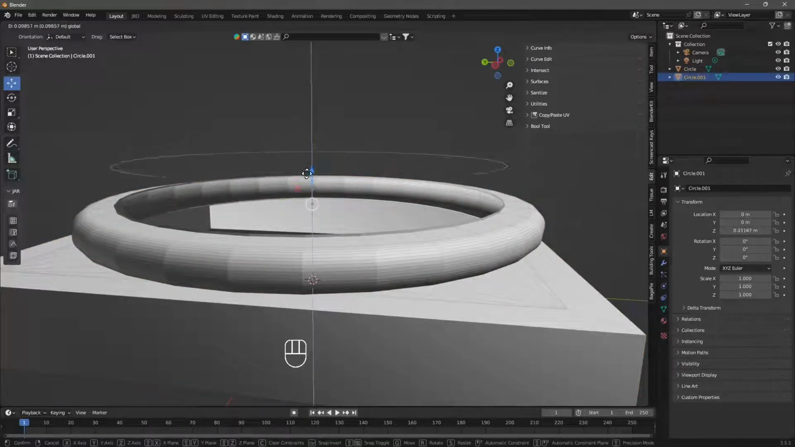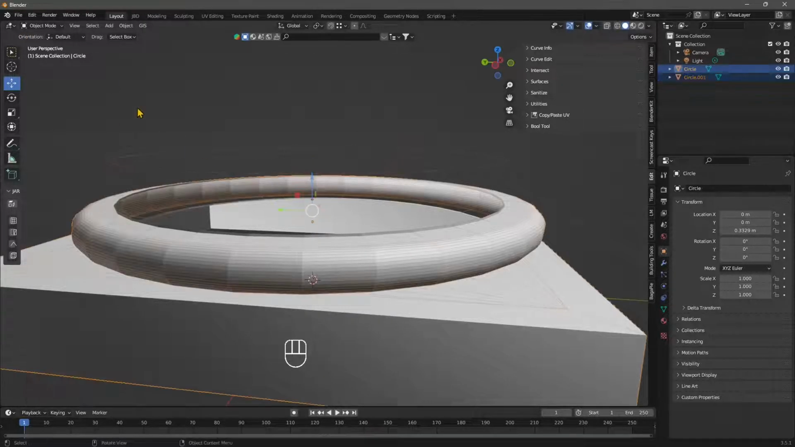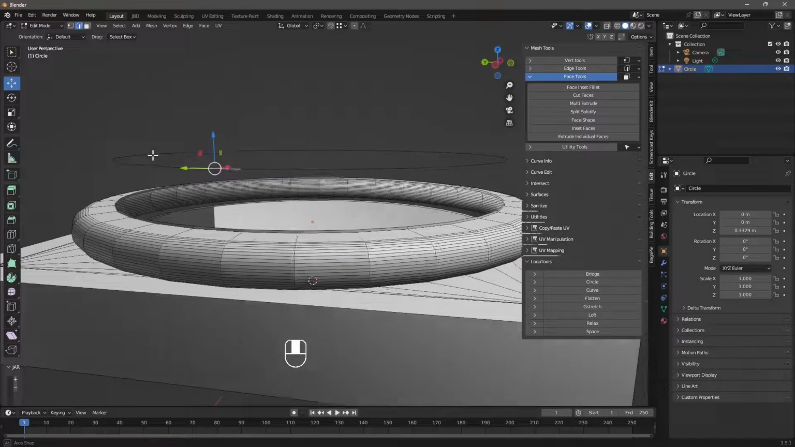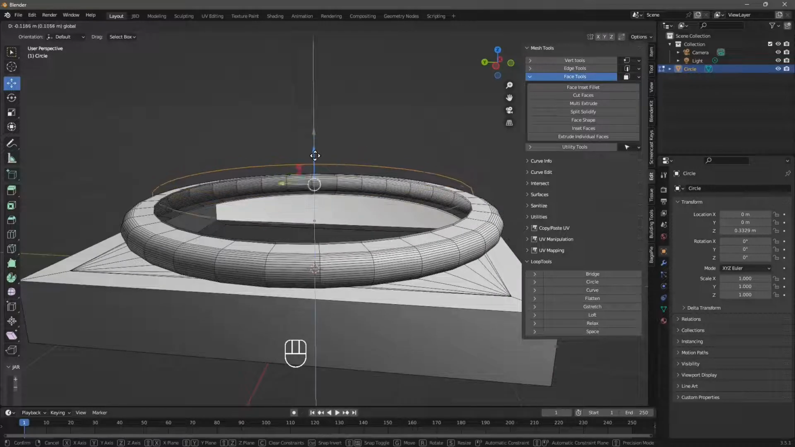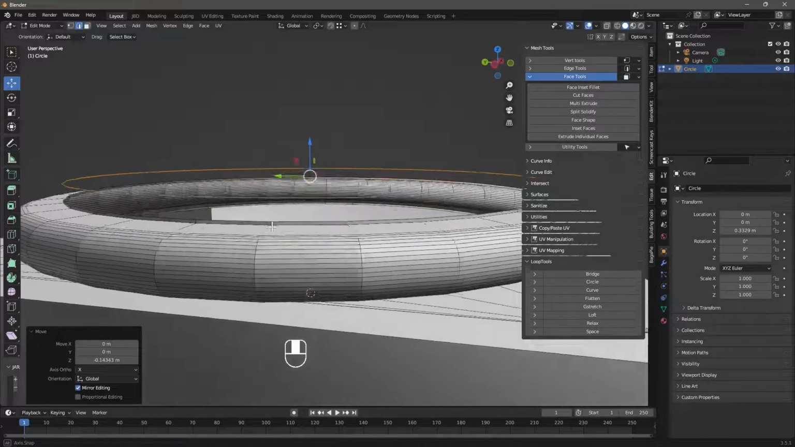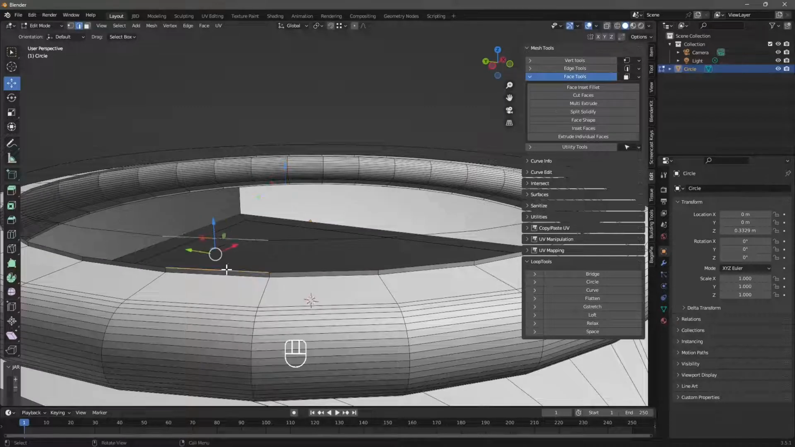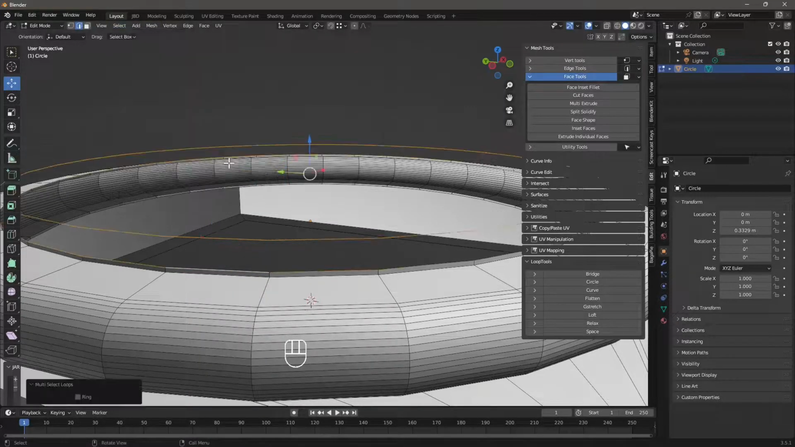So I can push it up, and then I need to join them together again. So select everything and join. Now we have this extra circle that we can use. Again, I want to bring it a little bit down. So we'll push it somewhere right here. And so I have this one here and this one here, and I go to select edge loop,